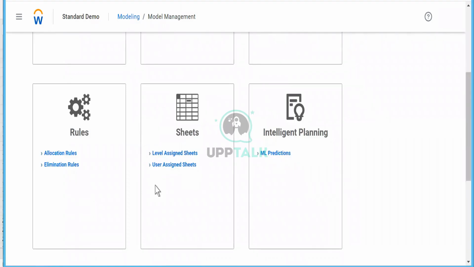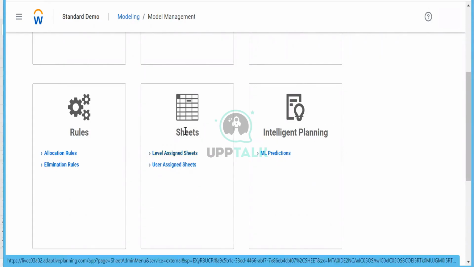What does this level assigned, user assigned mean? There is a separate class for that which we will cover tomorrow. No problem with that. But just to give you a brief, level assigned, as the name says, these sheets are assigned to levels. That means if you have access to one particular Mumbai level, only the Mumbai level will have access to that sheet.